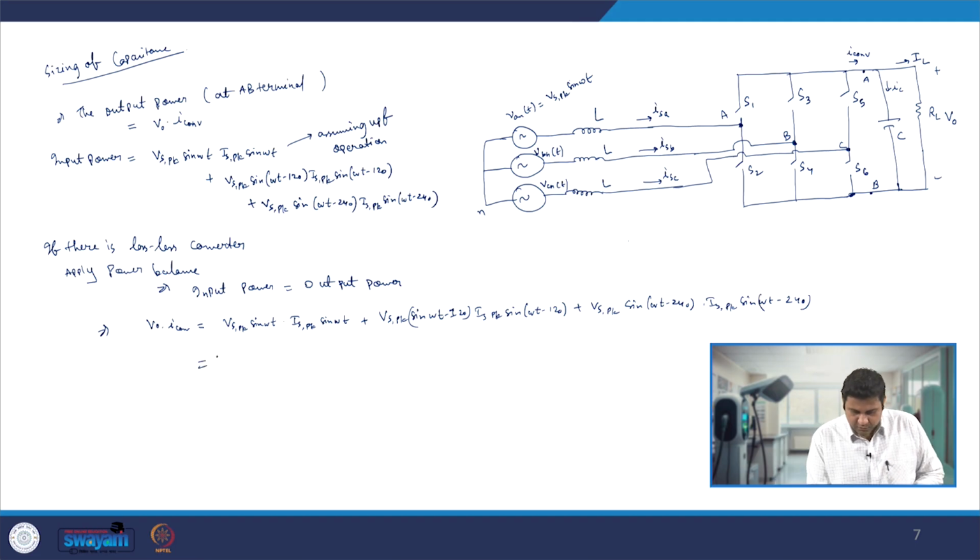Now when we do this, we can take out Vs peak, Is peak, and it is nothing but sin square omega t plus sin square omega t minus 120 plus sin square omega t minus